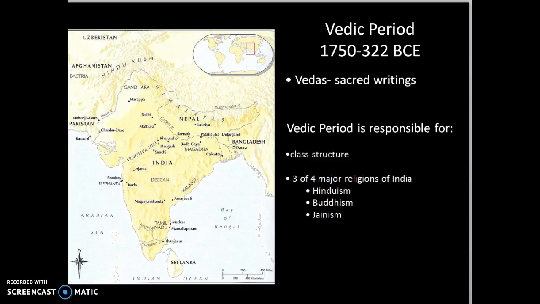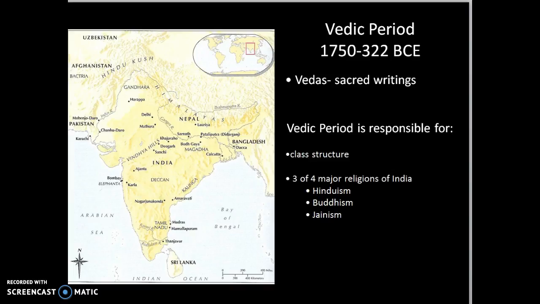The next period that we talk about in this region is the Vedic period. It lasted from 1750 to 322 BCE. About 1750 BCE, nomadic shepherd Aryans entered India from Central Asia and Russia. As far as we can tell, there was no sense of invasion or conquest. It was just a migration. They introduced bronze weapons, horse and chariots, the Sanskrit language, a hierarchical social order, and religious practices centered on the appeasement of gods through fire sacrifice.